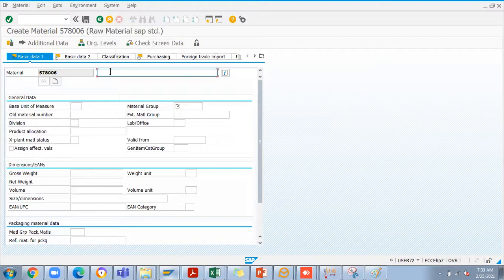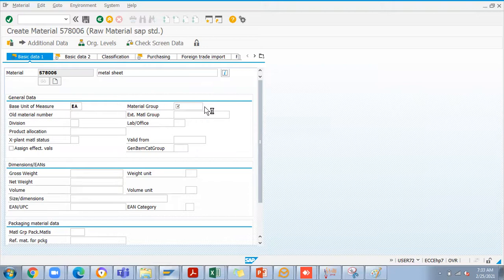So I can say metal sheet. Metal sheet is a raw material which I'm going to get from outside. I'm going to maintain the basic unit of measure, like whether it is in kg or meter. I'm going with each, meaning number, how many numbers you are going to purchase from outside.